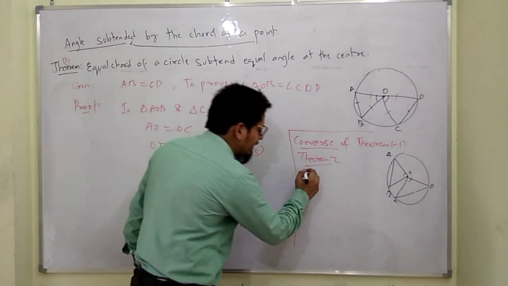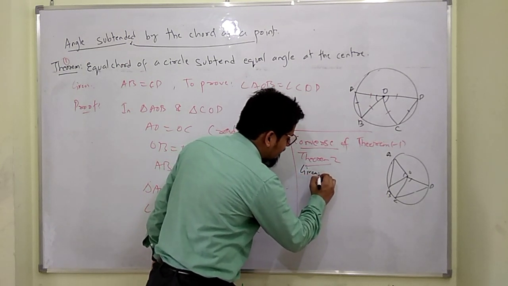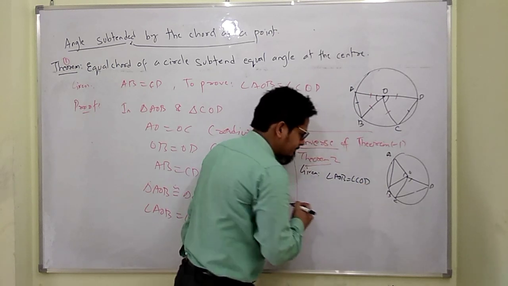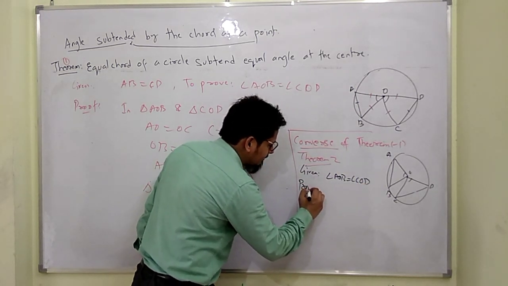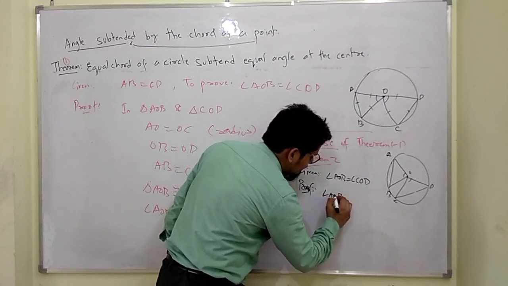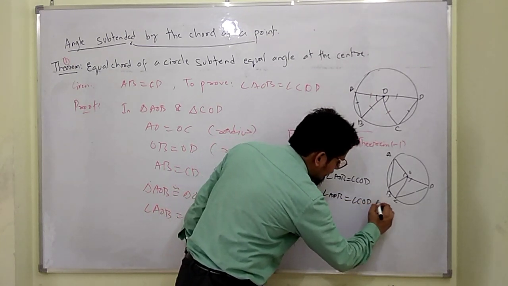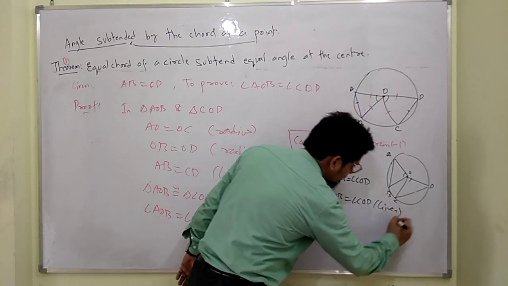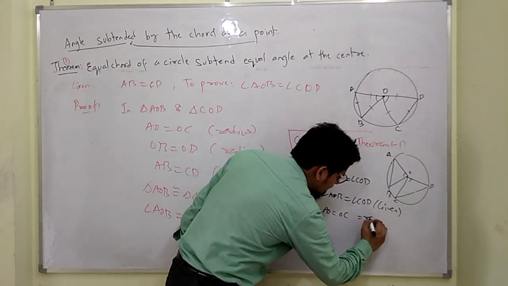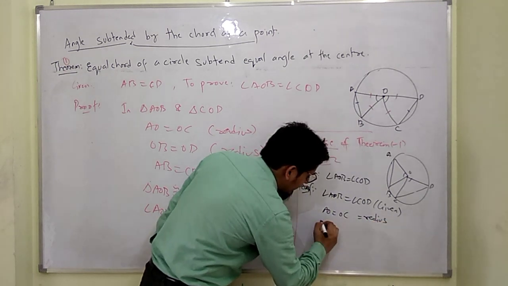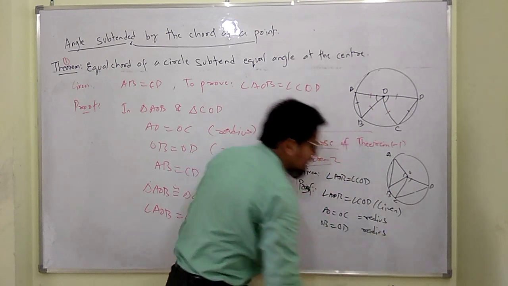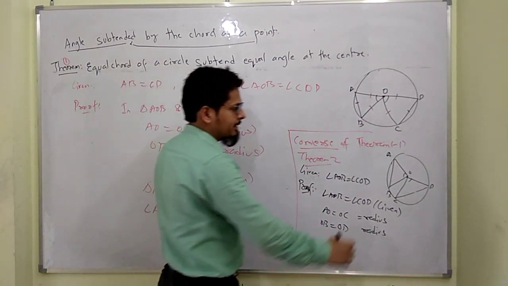अब यहाँ पर given क्या है? यहाँ पर जो given part है angle AOB is equal to angle COD, right? So आप to prove क्या करेंगे? Proving में देखिए angle AOB is equal to angle COD. It is given. And AO is equal to OC, this is the radius of circle, and OB is equal to OD, it is also the radius, right?